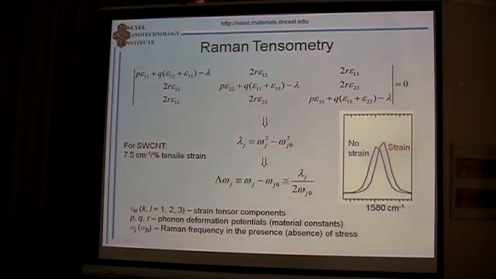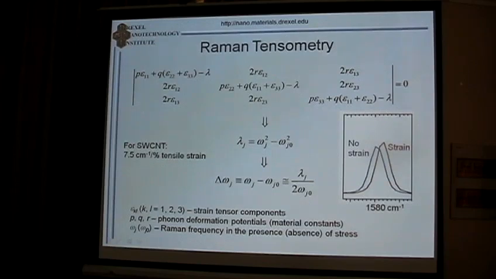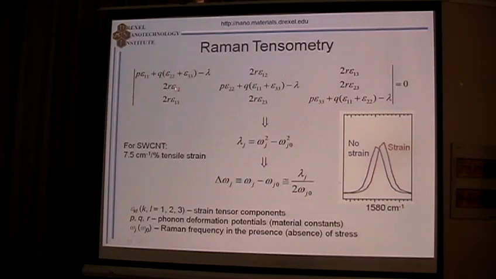Another case study, measuring stresses in carbon nanotubes. When you apply stress to any material, you kind of stretch or compress the bonds. Naturally, you expect your vibrational frequency to shift. And what you can see here is a strain tensor for nanotube material. But what we need to know basically is that depending on the strain applied,